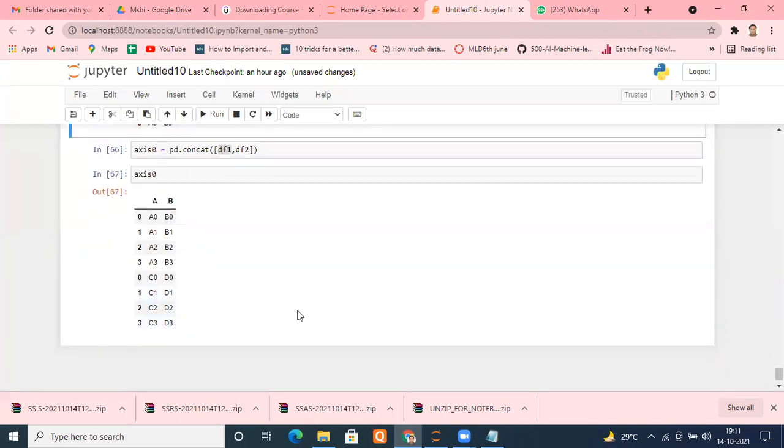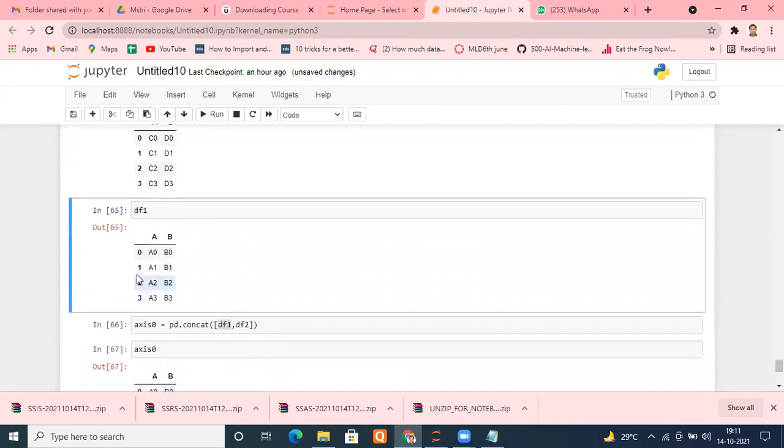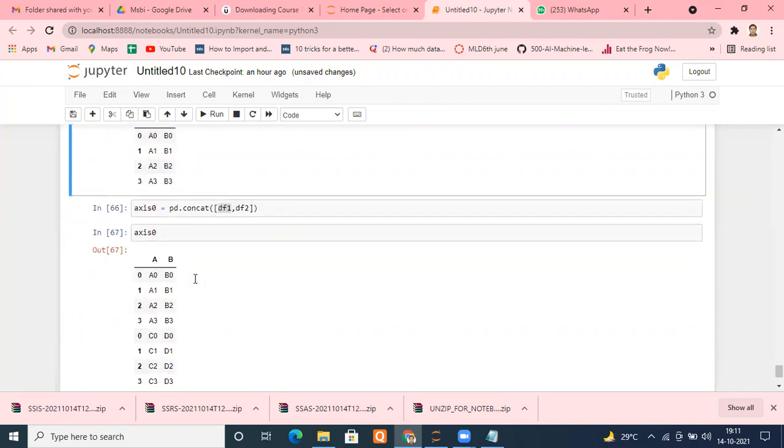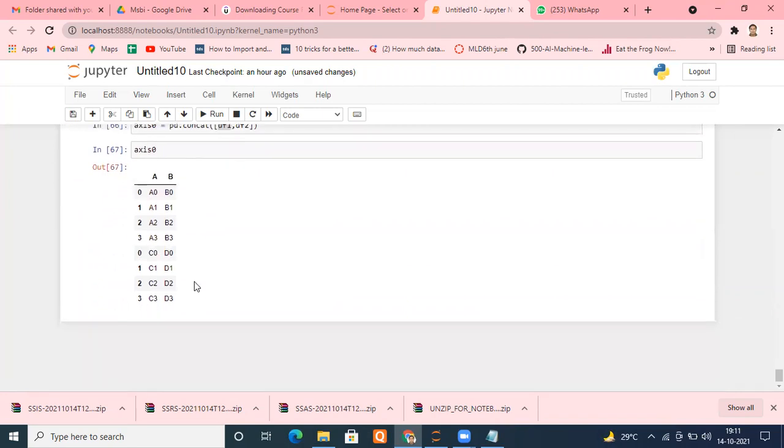One thing I would like to know, yes sir, please. The index will be repeated. For example, 0, 1, 2, 3, it is repeating again. Actually, it is the same. It is just doing this copy and pasting. It is not using any intelligence. But you can change it. You want to change it immediately. See how I can change it.